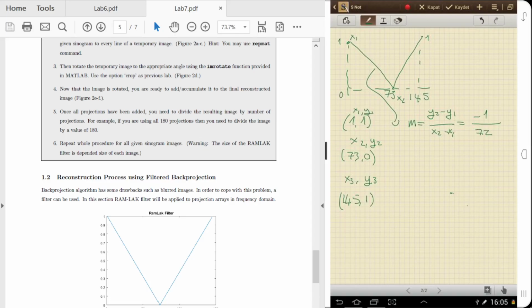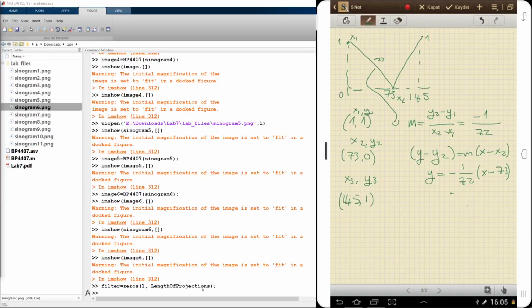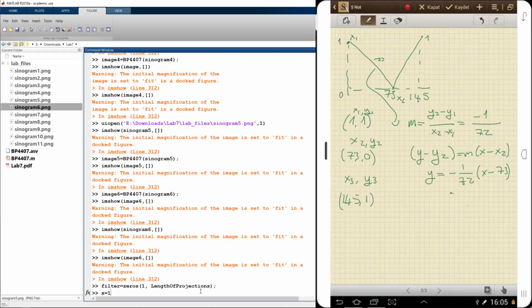And we can find the values of this line as y minus y2 is equal to m times x minus x2. Since y2 is equal to 0, the values can be calculated as minus 1 over 72 times x minus 73. So if we use MATLAB to calculate that, our x is from 1 to 73,